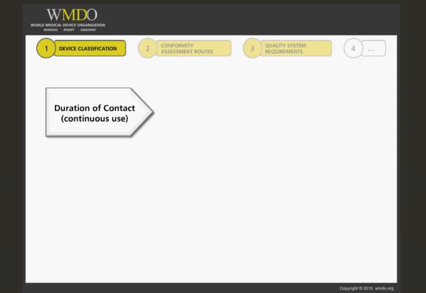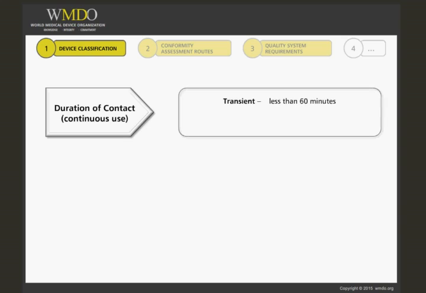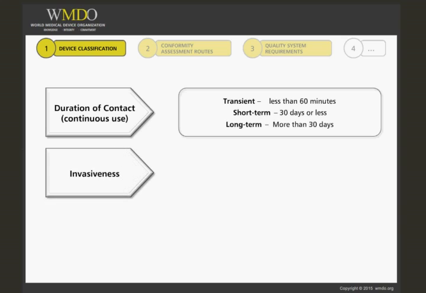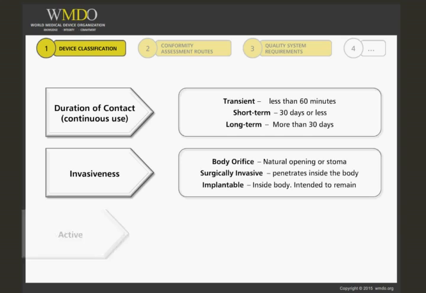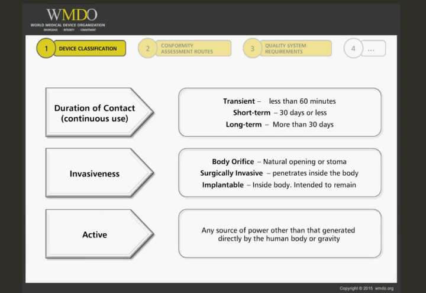continuous use; transient, less than 60 minutes; short-term, 30 days or less; long-term, more than 30 days; invasiveness, body orifice, natural opening or stoma; surgically invasive, penetrates inside the body; implantable, inside body, intended to remain; active, any source of power other than that generated directly by the human body or gravity;